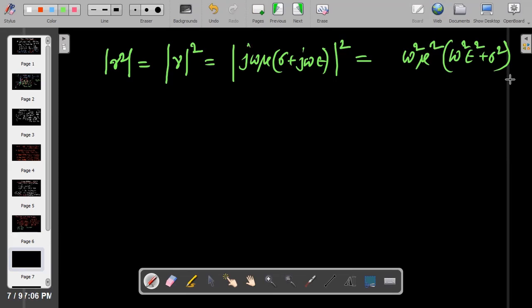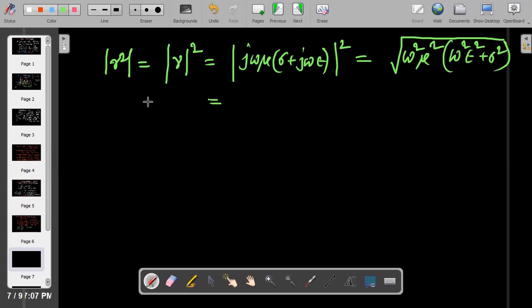I think some root also is there. Root over is there, because j is there, modulus is there. So finally you will get like,